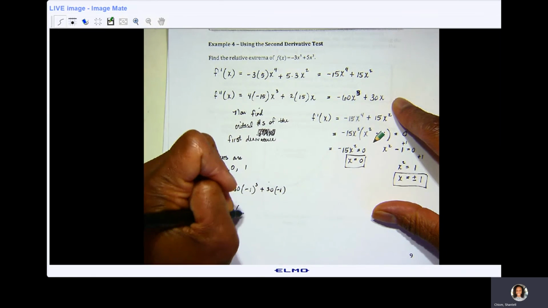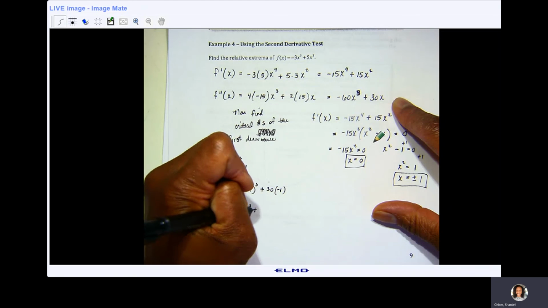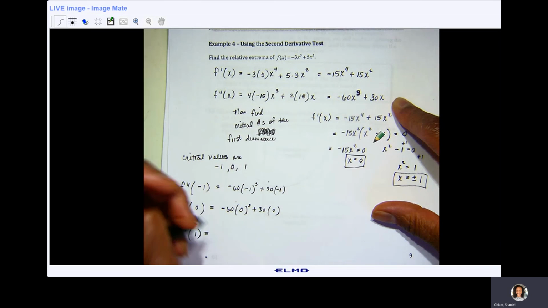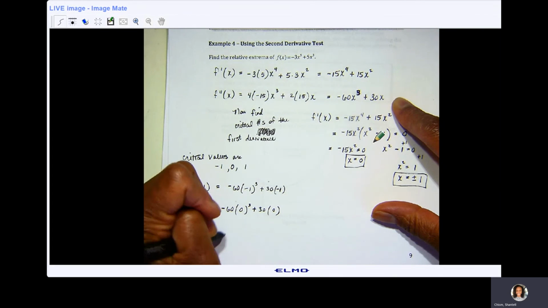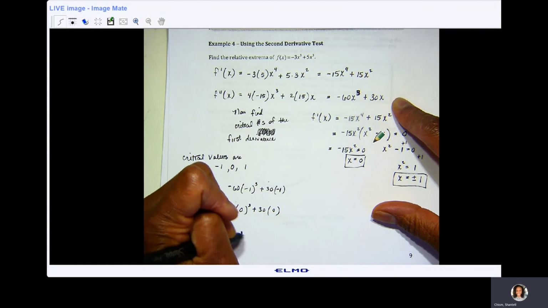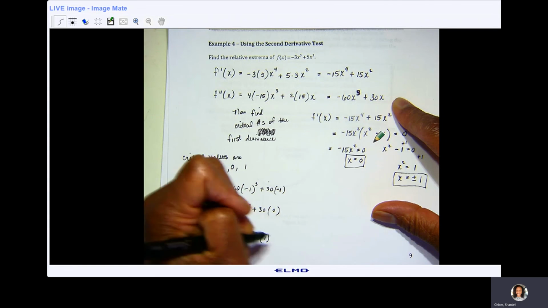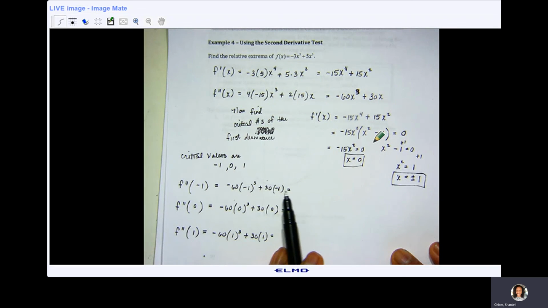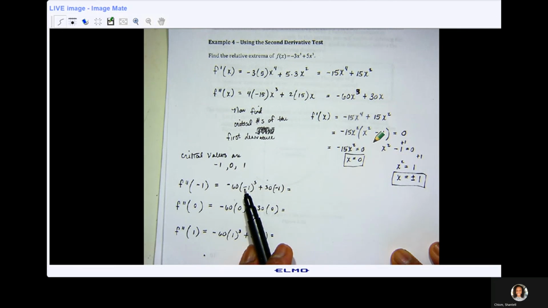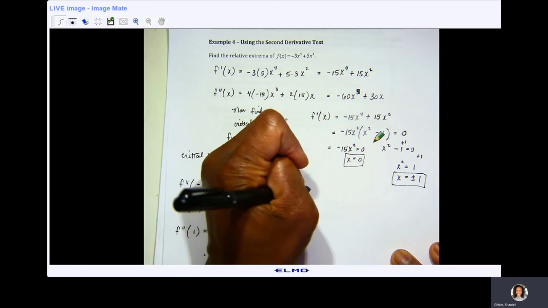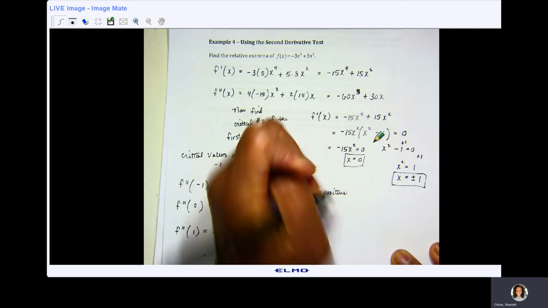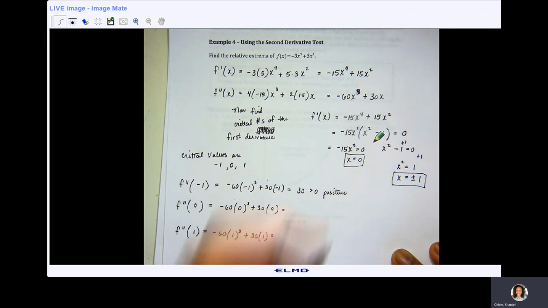Here, negative 60 times 0 cubed plus 30 times 0. And then here, negative 60 times 1 cubed plus 30 times 1. So here you get 60 minus 30, so you're going to get 30, which is positive,